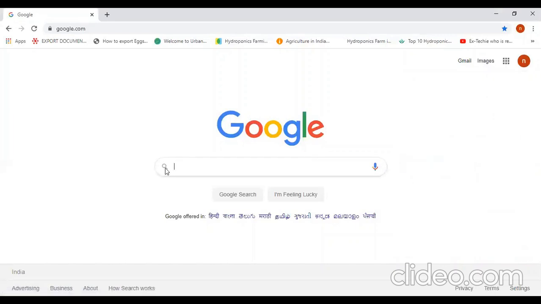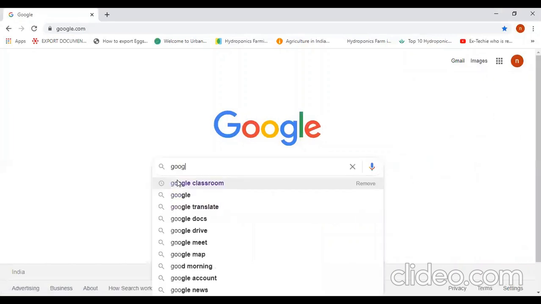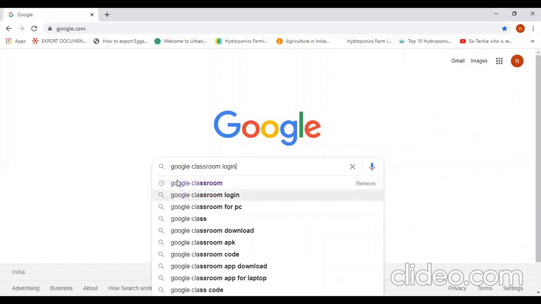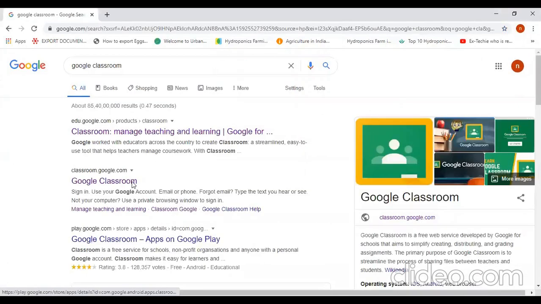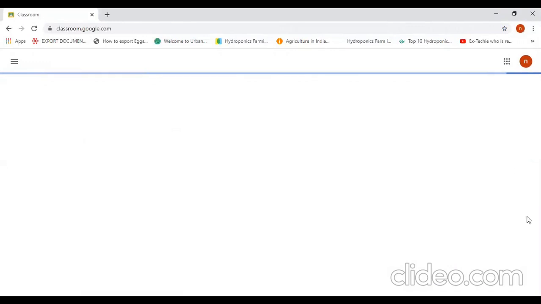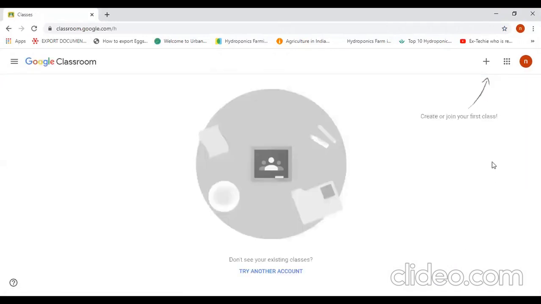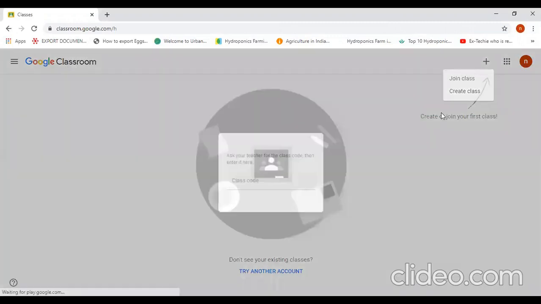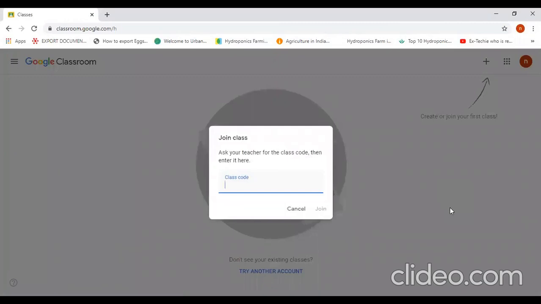So I'm just entering the Google Classroom here. Yes, by clicking on the second link which is given to you, Google Classroom, you will have the screen like this. In this particular screen, you will have one option. So you need to join the class by going there. They will ask you the class code, which is already sent to you through SMS from the college. So I'm having one.